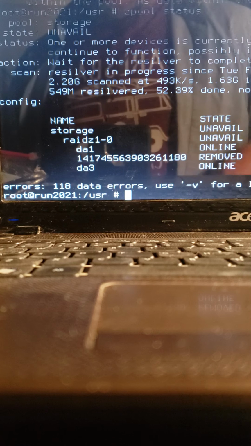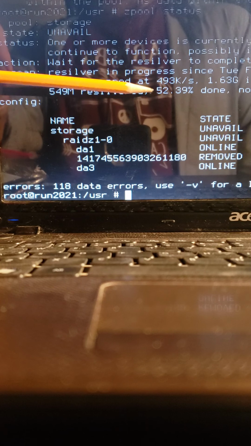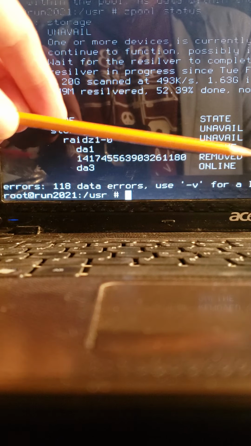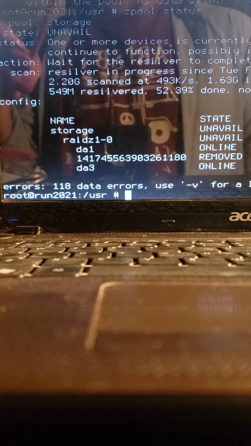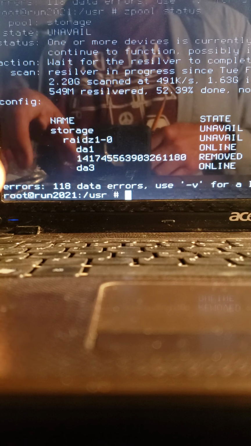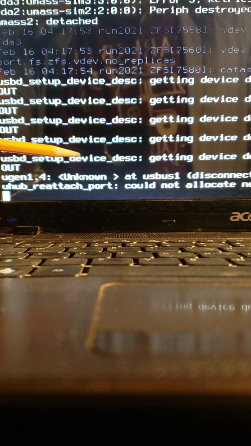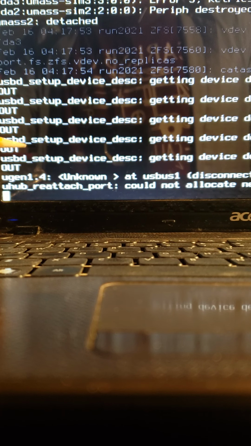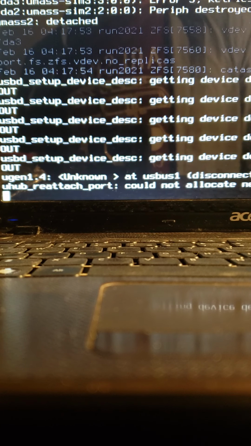So that could be part of it. Yes, this is running really slow. So I kind of think there's something else going on here. Usually with only a couple gigabytes, this will resilver pretty quick. It's not moving very much past 52%. It's pretty stuck there. And if I go to my console, I don't know what's going on. The USB says it's disconnected. It says the hub is throwing errors. These other errors went away, but